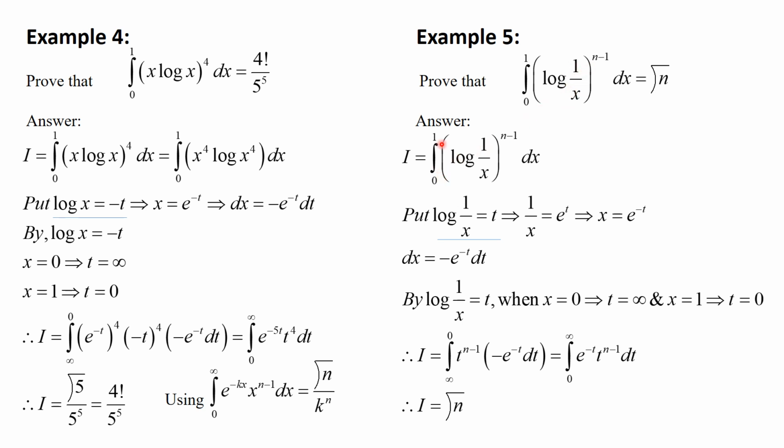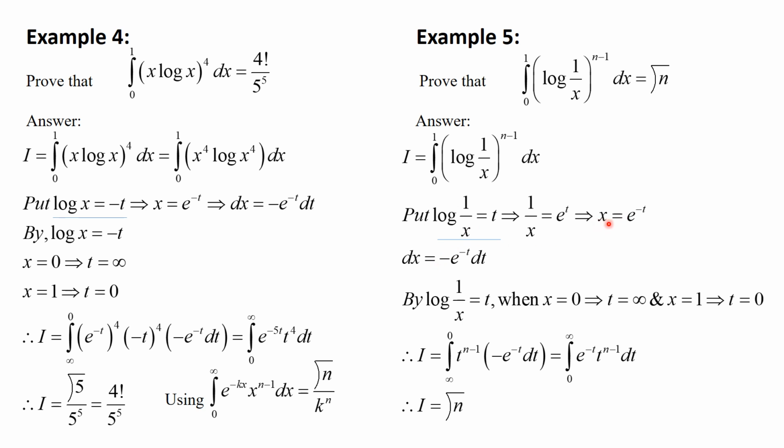The limit is from 0 to 1. Logarithmic function we need to convert in terms of e raised to minus t, and hence the substitution goes log of 1 upon x is equal to t or minus t. Definitely it works with log of 1 upon x is equal to t, and hence 1 upon x is equal to e raised to t taking antilog, and hence taking reciprocal on both the sides, x is equal to 1 upon e raised to t, that is e raised to minus t, and hence definitely the result can be converted in terms of e raised to minus t by using the substitution as log of 1 upon x is equal to t.